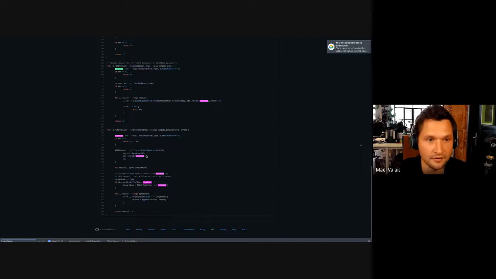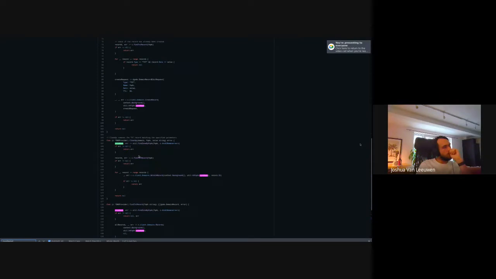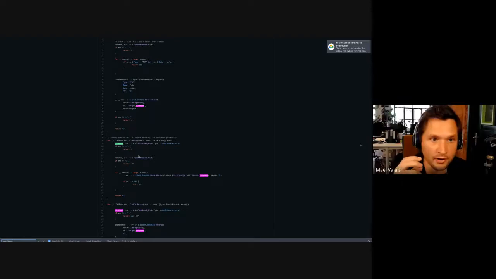But actually, what's the minimum set of, like, how could I achieve this bug? What's the minimal reducible way of reproducing this? Reproduce the bug.